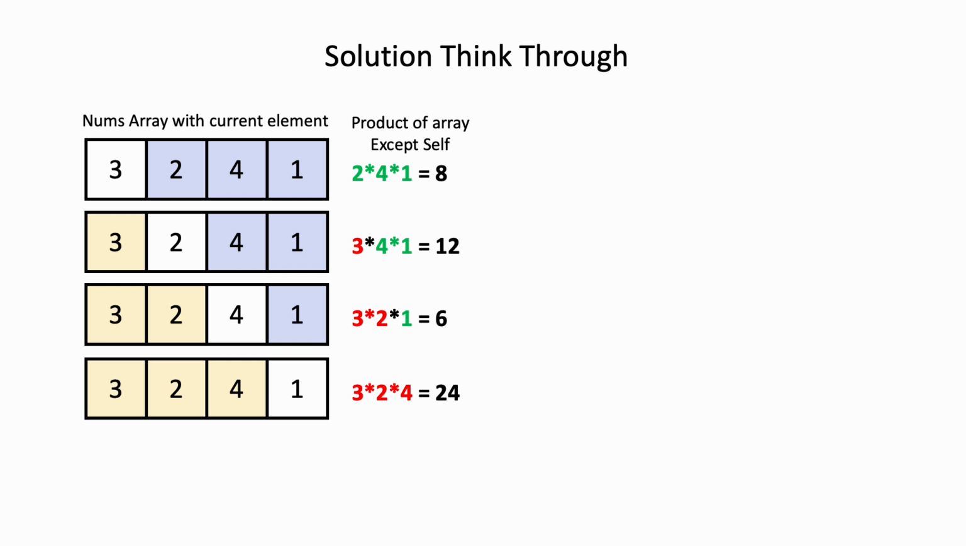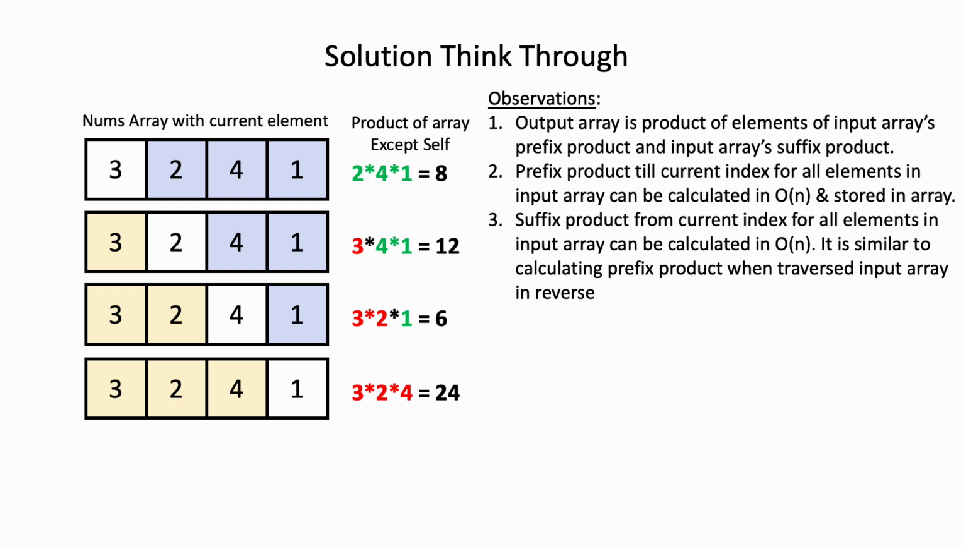Now looking at the nums array with different elements as current and the product of array except self, we can draw some observations that will help develop intuition to solve the problem in O(n) time. Observation 1: the output array is the product of the input array's prefix product and the input array's suffix product. Prefix product till the current index for all elements in the input array can be calculated in O(n) time and